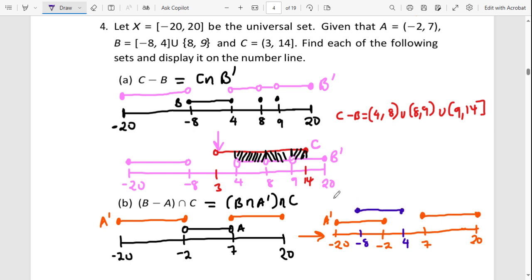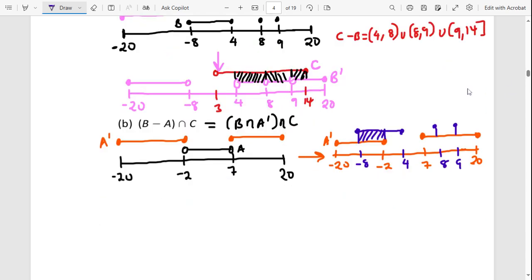Up to 4. And then we have got 8 and 9. Okay. So can you see this? Please pay attention. Can you see that the intersection is from here up to here? And then also 8 is an intersection and 9 is an intersection because it's appearing in both sets. Can you see that? So therefore,